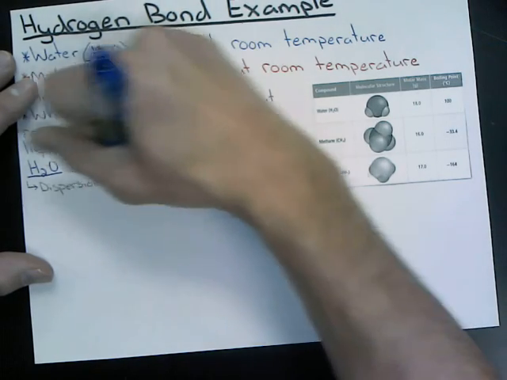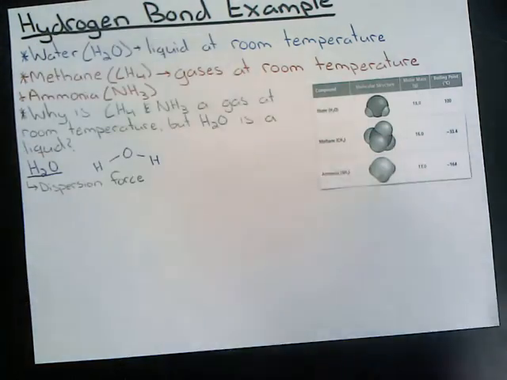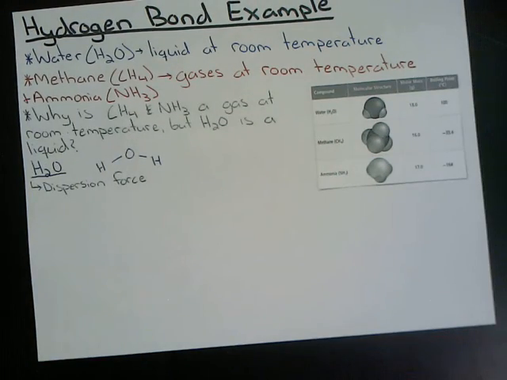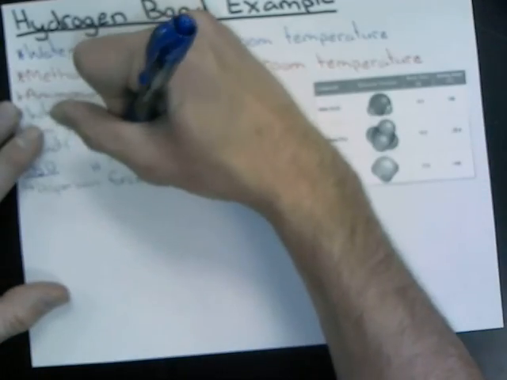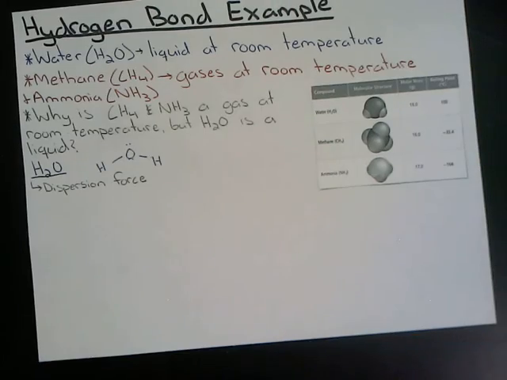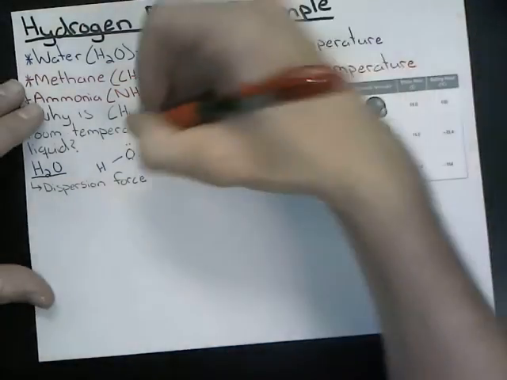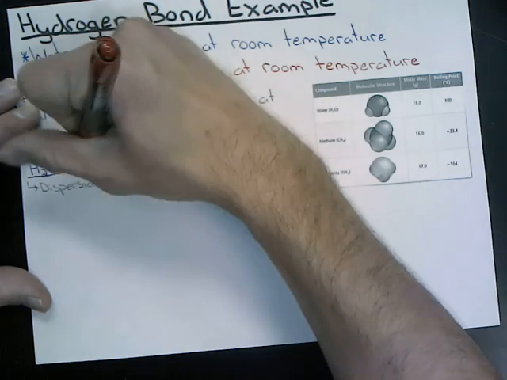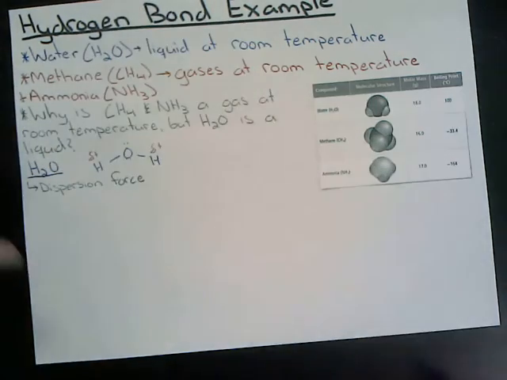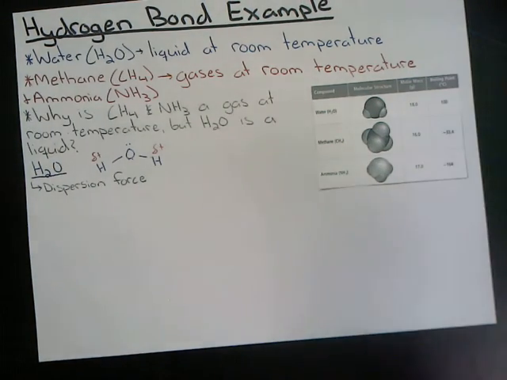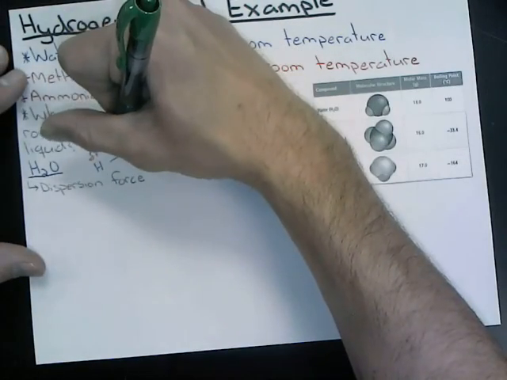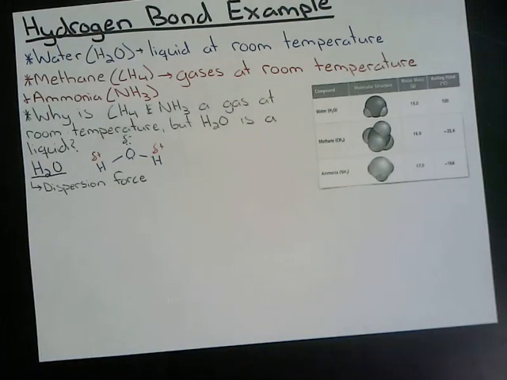If I draw it, and we looked at an electronegativity chart, we would get our partial positive around our hydrogens here, and we would get our partial negative around our oxygen. So it is, by this definition here,